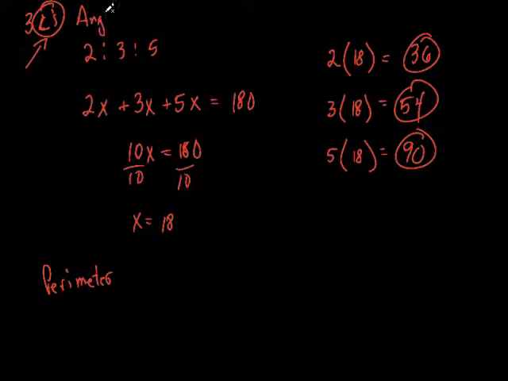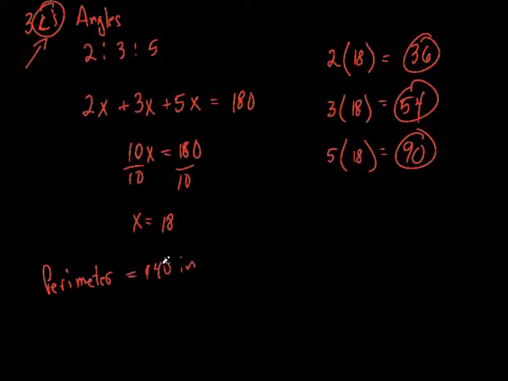I'll write the word out. Okay, when it says angles, you set them equal to 180. When it says perimeter, right? So if I told you the perimeter was, I don't know, 140 inches, then what would you do? You'd add these up and you set it equal to 140 instead of 180. Does that make sense? So use 180 when it's angles, and then whatever the perimeter is that they tell you,